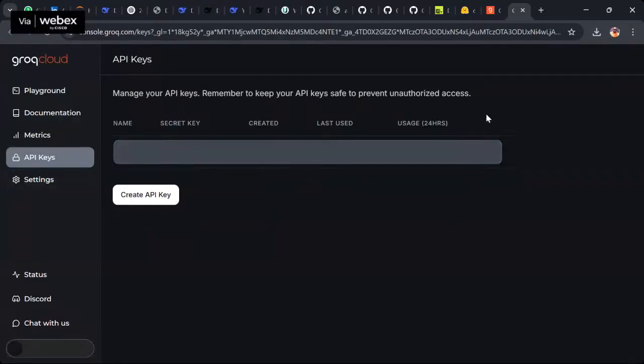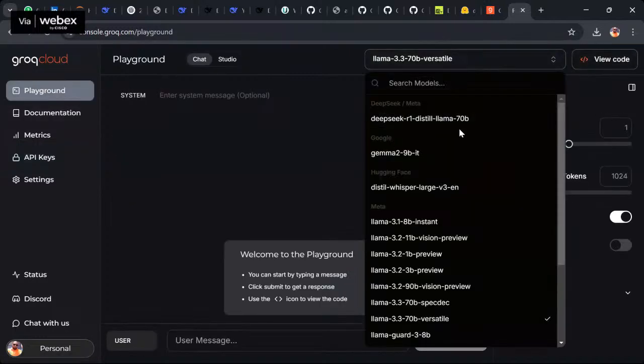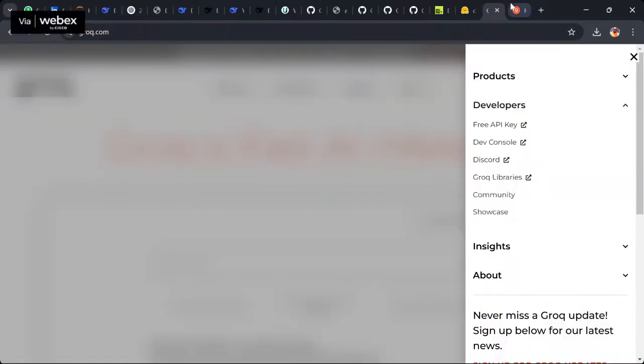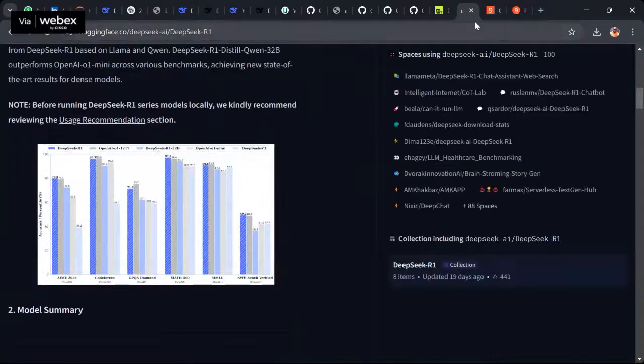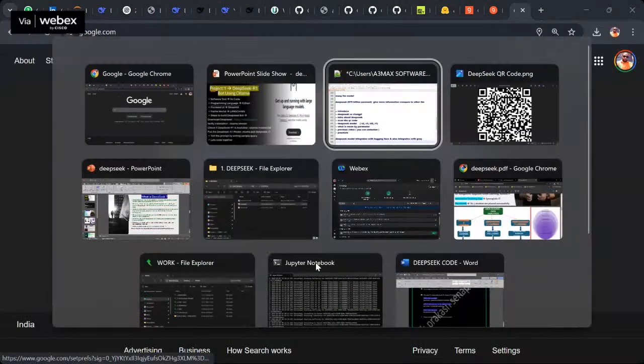If you go back to your playground, do you see DeepSeek R1 is also integrated there? Team, are you clear? Existing students, I hope you know. The new students who are completely non-technical, no problem. These are all advanced things, but you will get to know them slowly when you listen to the previous YouTube workshops. But now we don't build with Groq or Hugging Face. Okay, let's write down.